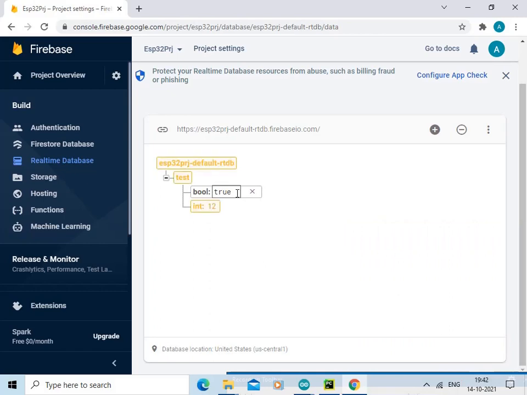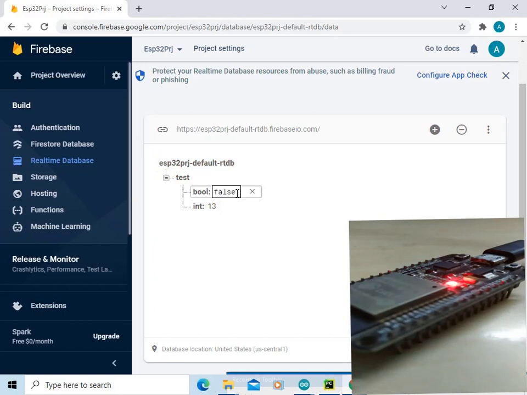So let us make the bool value as false and press enter. So LED on ESP32 board is off. Our code is working successfully.